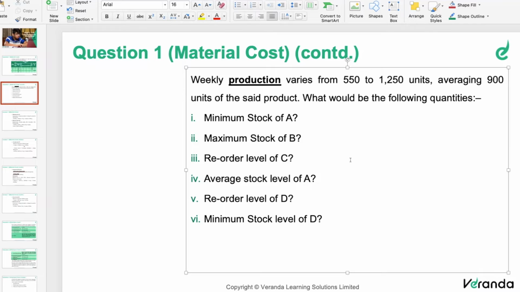Weekly production is given in this question. Production represents finished goods, whereas